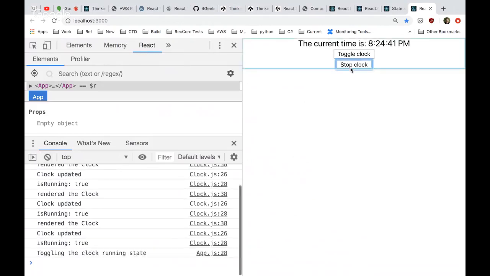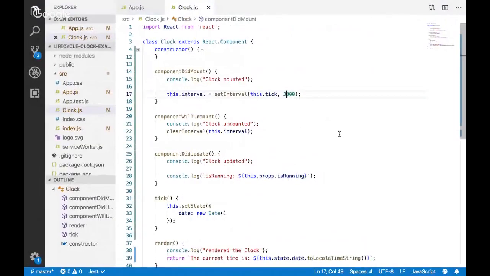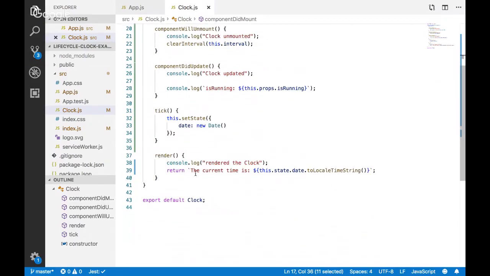I'll let it render, and then if I click this, it changed over real fast. But the problem is, how can this change my interval, right? Like, should I show this new time? What's going on here?